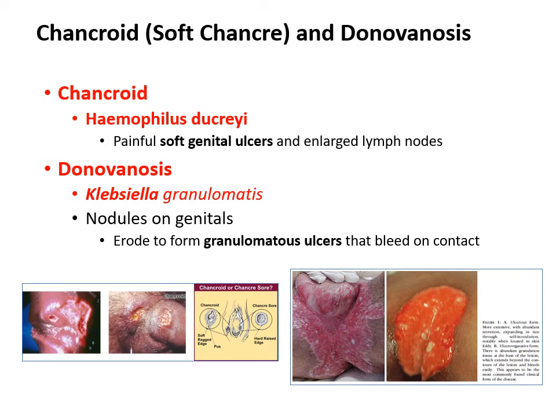Now, with either of these infections, whether it's chancroid or donovanosis, please be able to see this term, this bacteria, and know that's what causes chancroid. Klebsiella is the cause of donovanosis. And the reason why I emphasize these is any of the STDs causing ulcers, as you see in these lovely pictures, means that that person is now prone to secondary infections, because when you have any kind of opening on your skin like that, it's very easy for other microbes to enter there and to try and infect you.